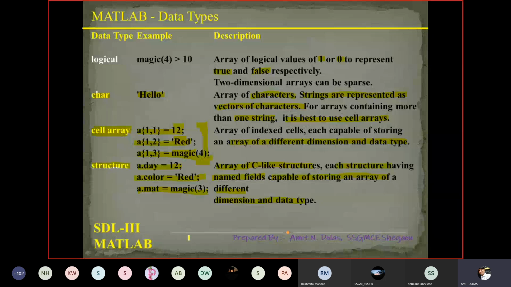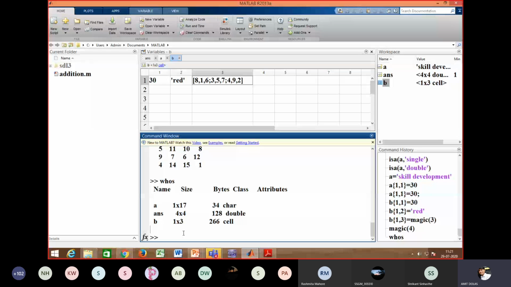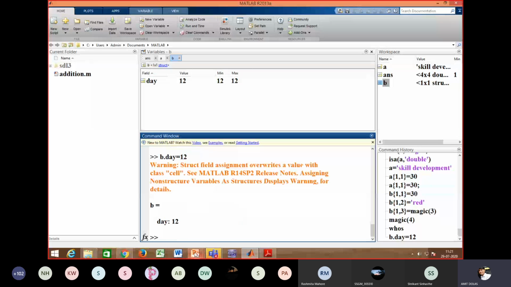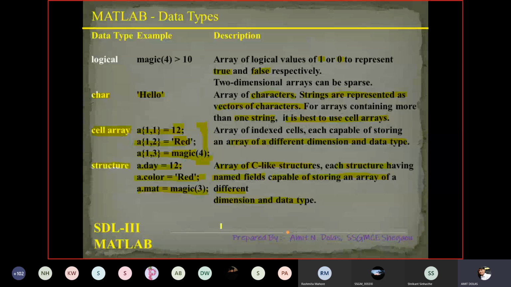So coming back to MATLAB, I will say B.day is equal to say 12. What was the syntax? The syntax is the same.